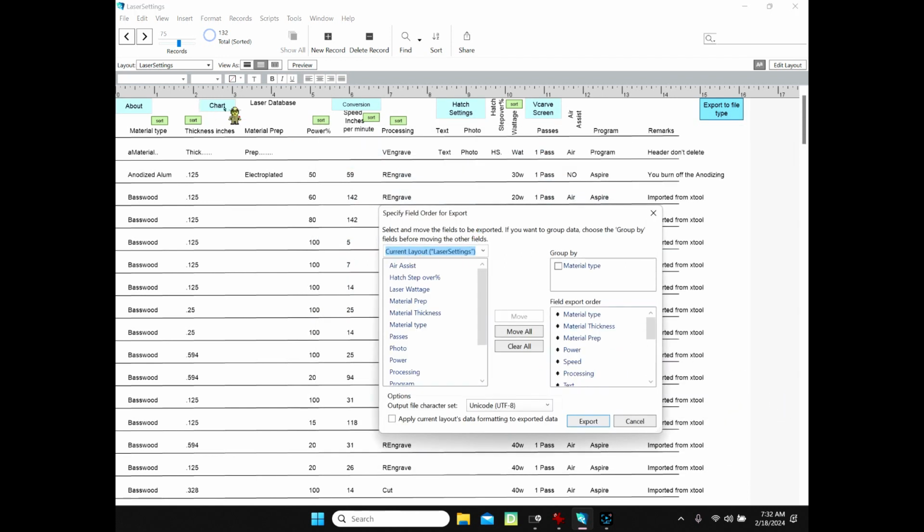And this is going to take the current layout of fields. If I wanted all the fields, I could just say all, but right now we're just going to keep that where it's at. And it's going to take all this data, and let's say we move it all over here, and then you click export,